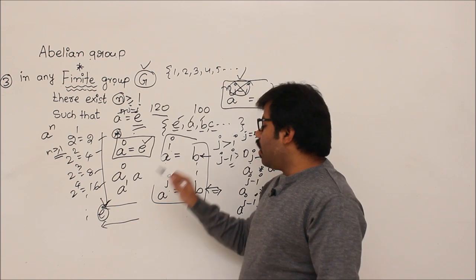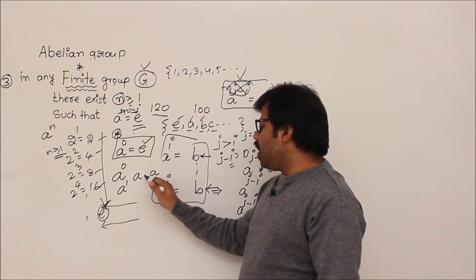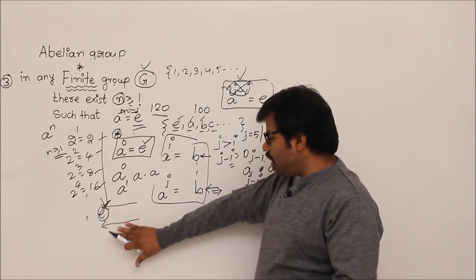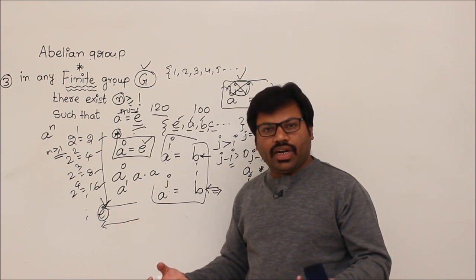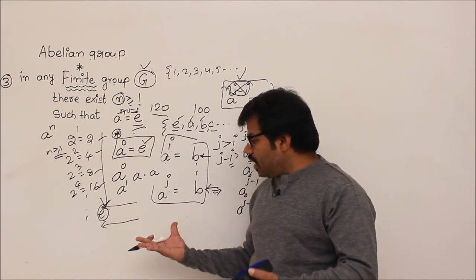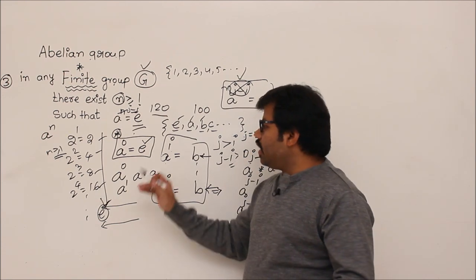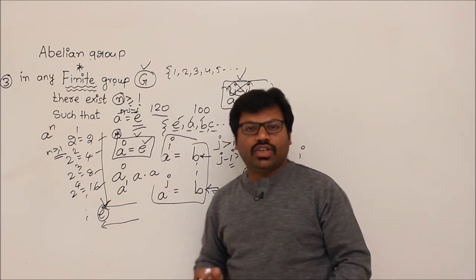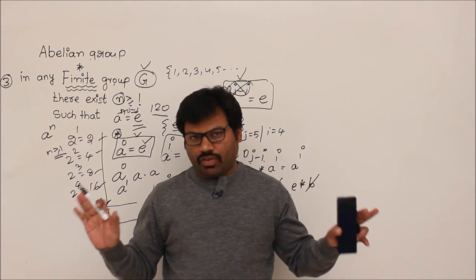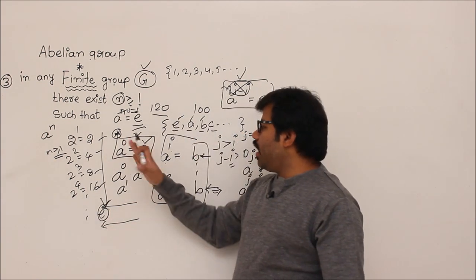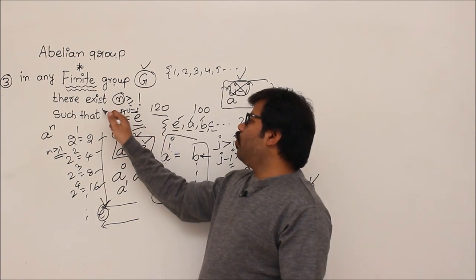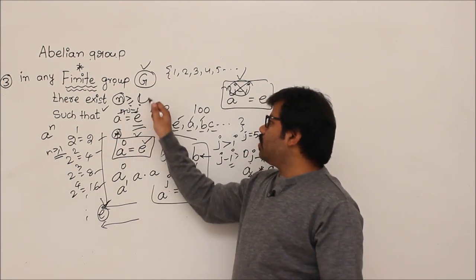What is a square? Writing a 2 times and applying the operator. But what is a power 0? Writing a 0 times and applying the operator. Then what is the result? We don't know, right? Because there is confusion, it is defined like this: e. From now onwards, that's fine. When you have a power 0, that is simply e. Now, obviously for any element a power 0 is e, so there is nothing fun in proving this one, if n is greater than or equal to 0.